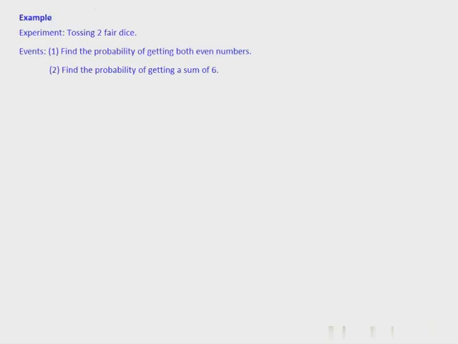So we'll use that sample space for the next few examples. So we're tossing two fair dice. Find the probability of getting both even numbers. Okay. So one way is to list this table out and then mark out all the outcomes that have both even numbers. Let's see if we can use our knowledge of permutations and combinations to quickly calculate this number without listing all the outcomes. Anyway, I know my denominator, n(S) is 36, and I want both even